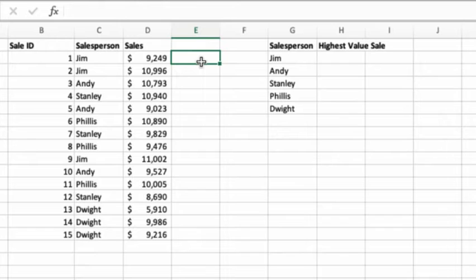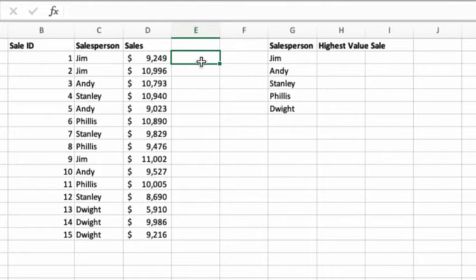Like I already mentioned earlier, I can enter array formulae by two different methods. I will show you how to enter an array formula, both with the method that is available in the older versions of Excel, as well as the method that is available in Microsoft 365.